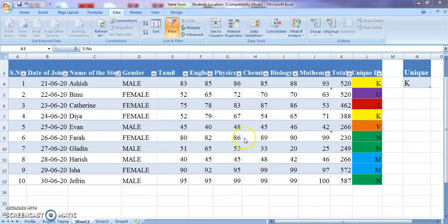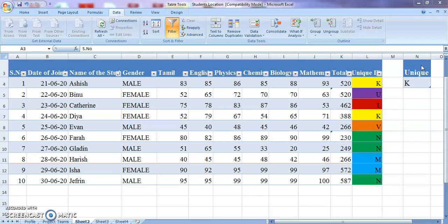Based on what criteria you are going to apply the advanced filter, it should also be represented with the same column header. For example, if I am going to filter based on unique ID, then you should create a criteria range with unique ID as the column head. You should not change that. That is the basic requirement for applying advanced filter.